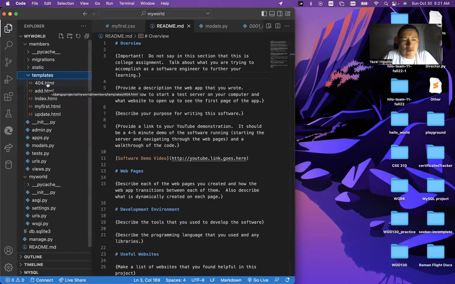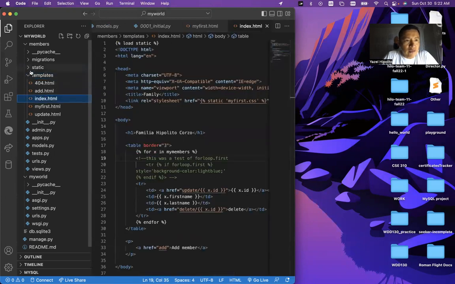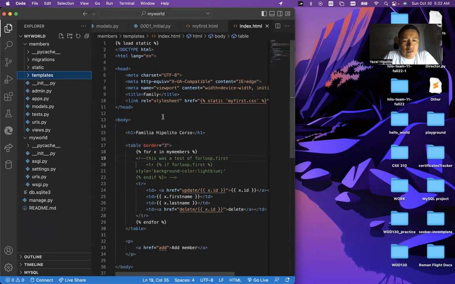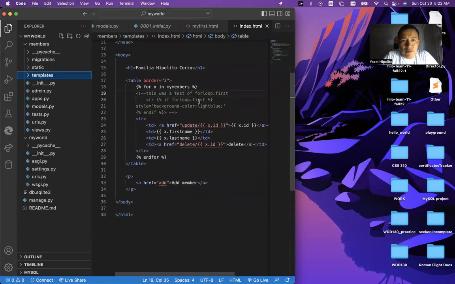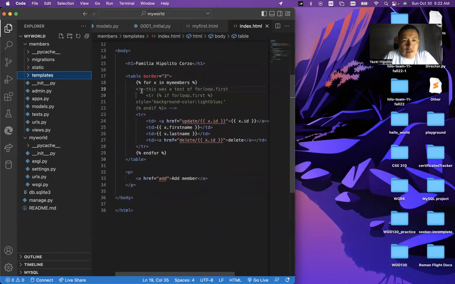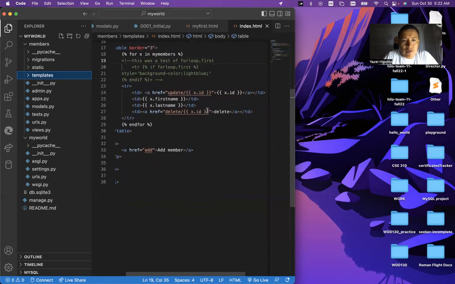We have a message error if the link is not in there. We have this main index template. So if you can see here, the title is Family Hipólito Corso, which is my family. And then this is a comment that I was trying to test, but this is my code for